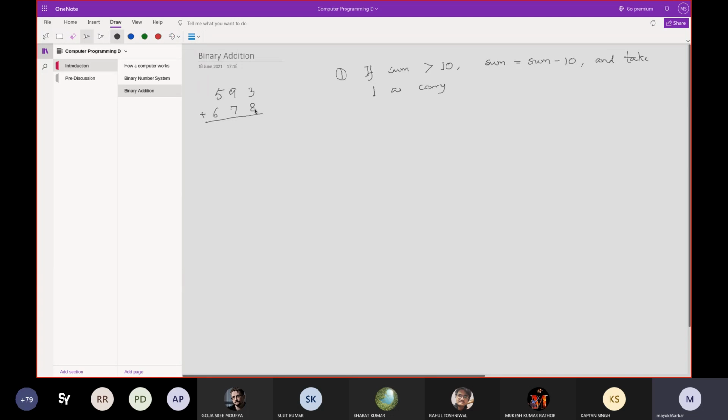As an example, here we have 8 and 3, 11. 11 is greater than 10, so we put 1 here, and we take 1 as the carry. Now 9 plus 1 plus 7, that is 17. Again 17 is greater than 10, so 17 minus 10, 7 is put here, and we take 1 as the carry, and so on. Otherwise,